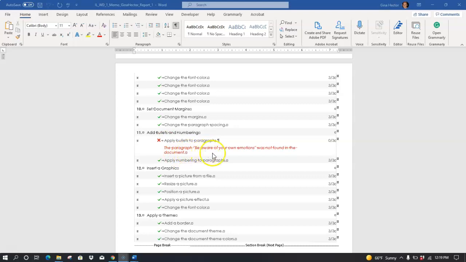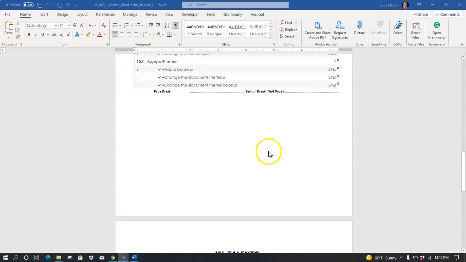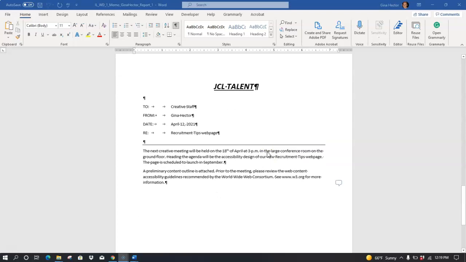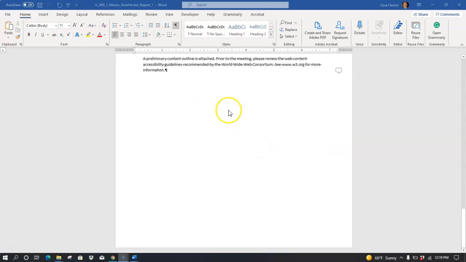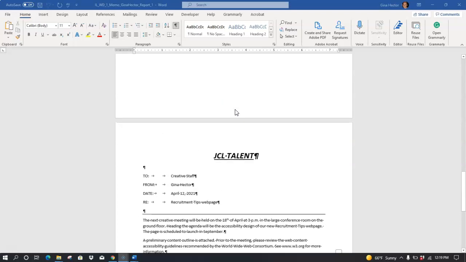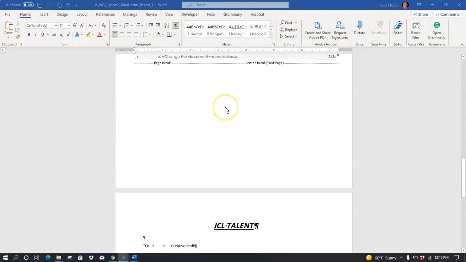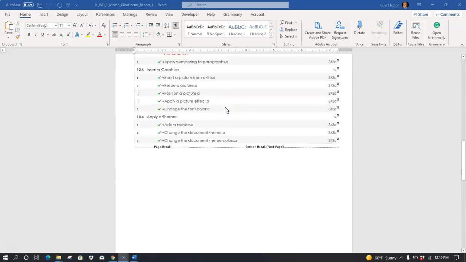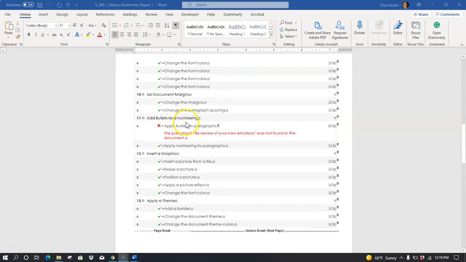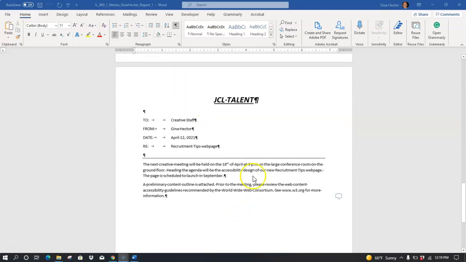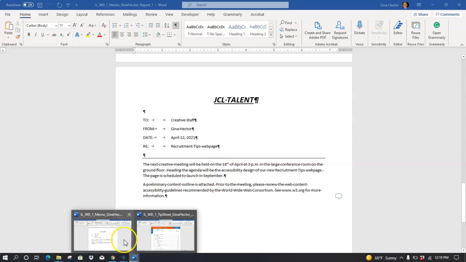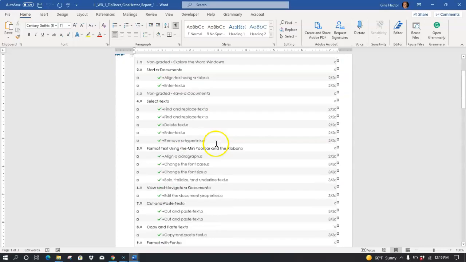It says the paragraph, be aware of your emotions. So if I went down and looked for that, because they give you an example, you see that's not in this exercise. So the report is showing me the score for both assignments, but I have to open the individual sheets to see a preview of what I did. See, there's no bullet for that. So if I go and open up the other Word document, which was the tip sheet,